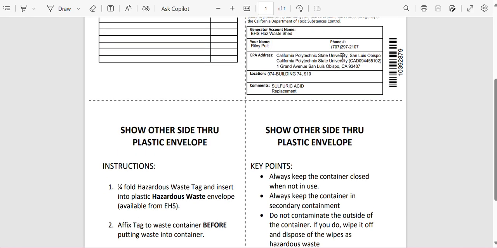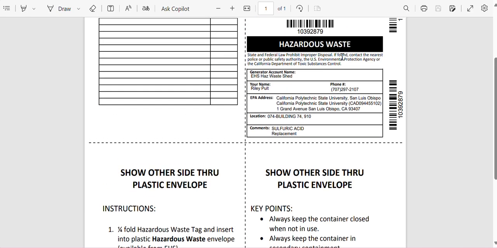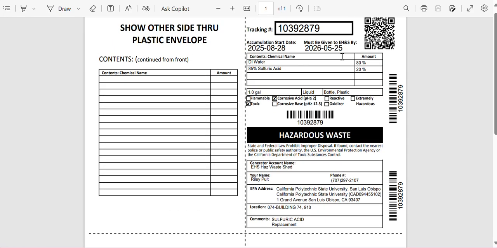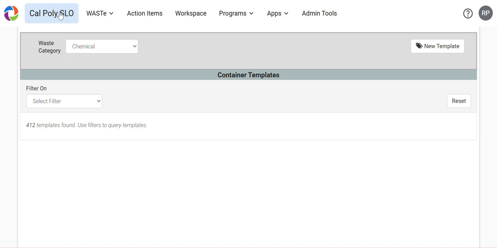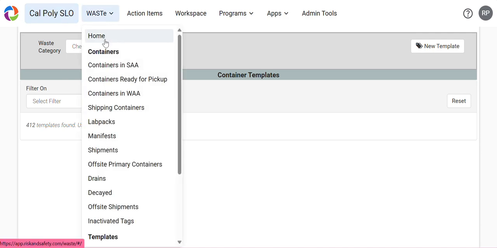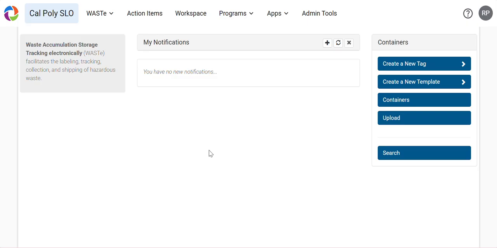What you're going to do, you can see the lines on this piece of paper. You're just going to fold it up and put it into the adhesive sleeve and stick it right onto the container. And you can view the waste containers in your area by going to, there'll be an option to select View My Tags here, and the information